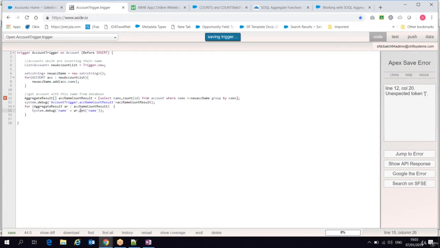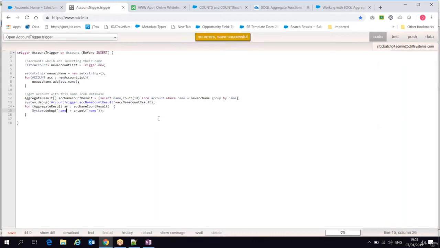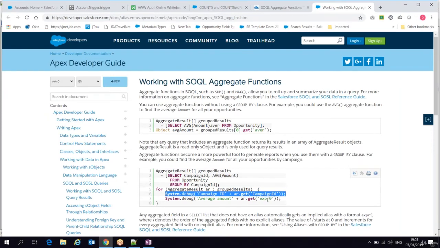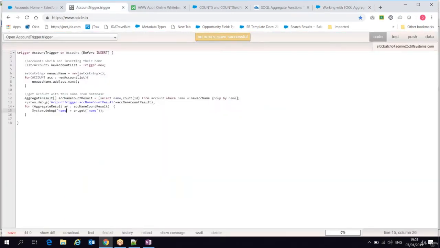I just click save. So we'll see all the data we have and how it's printing. In the same way, we do something called get expression zero. I'll explain about this. The moment I go to create an account, this code is going to be invoked. So if you see this account object,